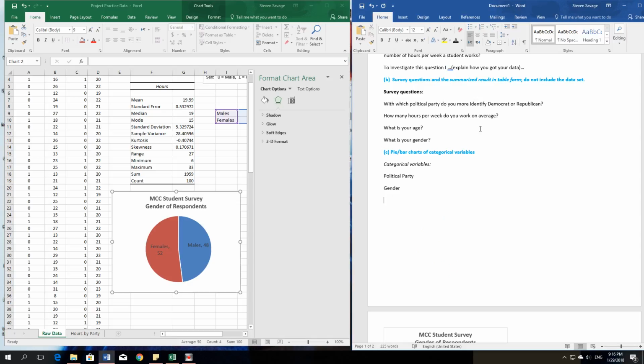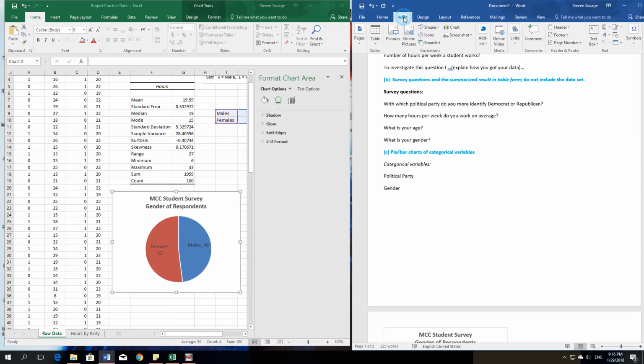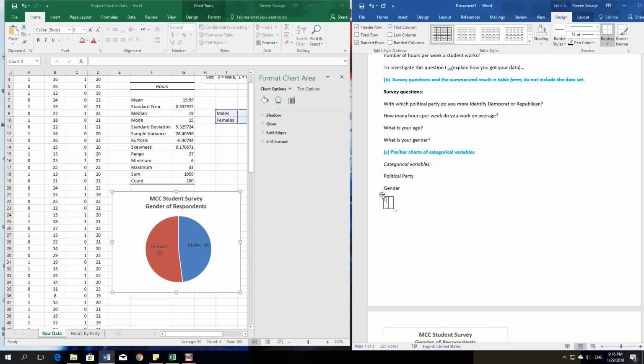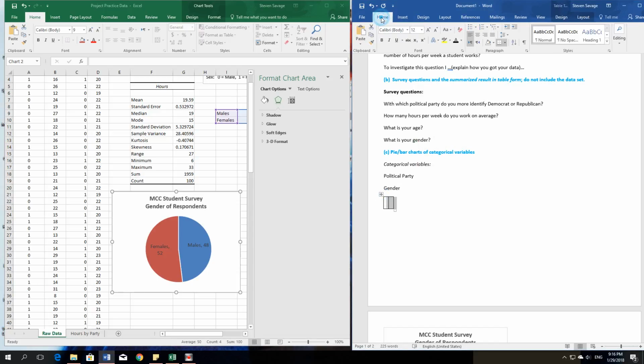is I'm going to put them next to each other, and in order to do that I'll have to put in a table, I think. So if you go in your Word document to Insert and then you select Table, I'm going to select a table with 2 columns and 1 row. There, 1 row, and I'm going to AutoFit to contents. So there it is. There's my table, and if I go back home I can put that in the center,